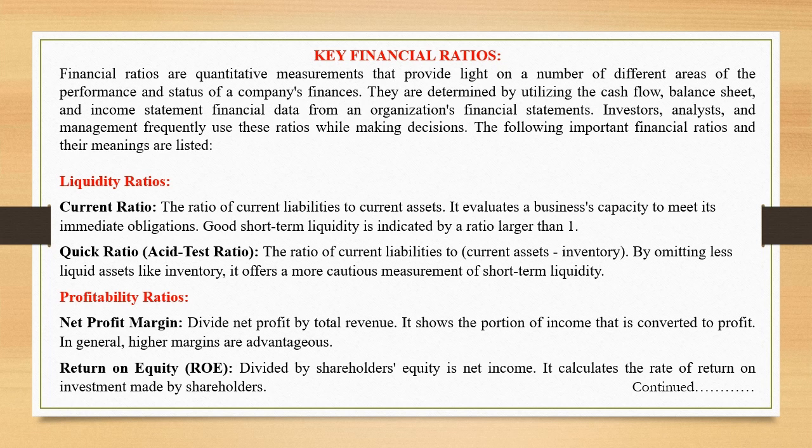Liquidity ratios. Current ratio: the ratio of current assets to current liabilities. It evaluates a business's capacity to meet its immediate obligations. Good short-term liquidity is indicated by a ratio larger than 1. Quick ratio, or acid-test ratio: current assets minus inventory, divided by current liabilities. By omitting less liquid assets like inventory, it offers a more cautious measurement of short-term